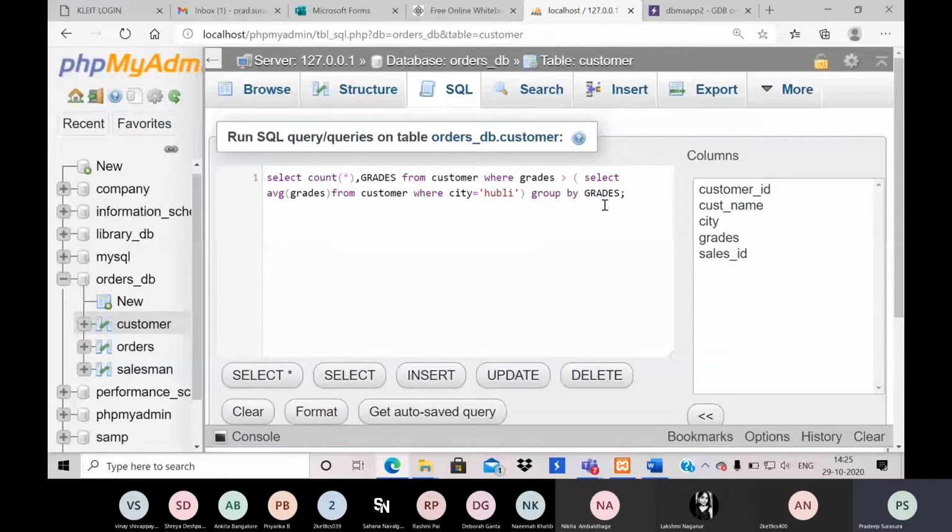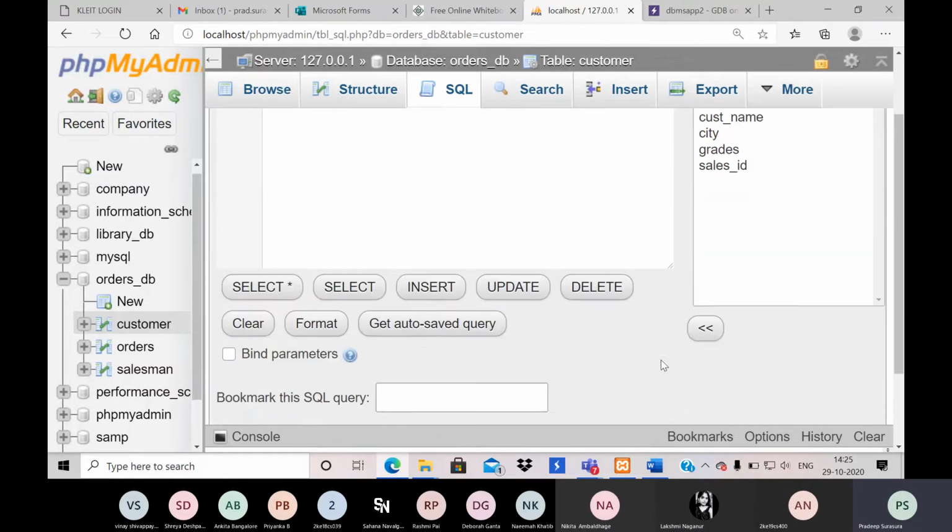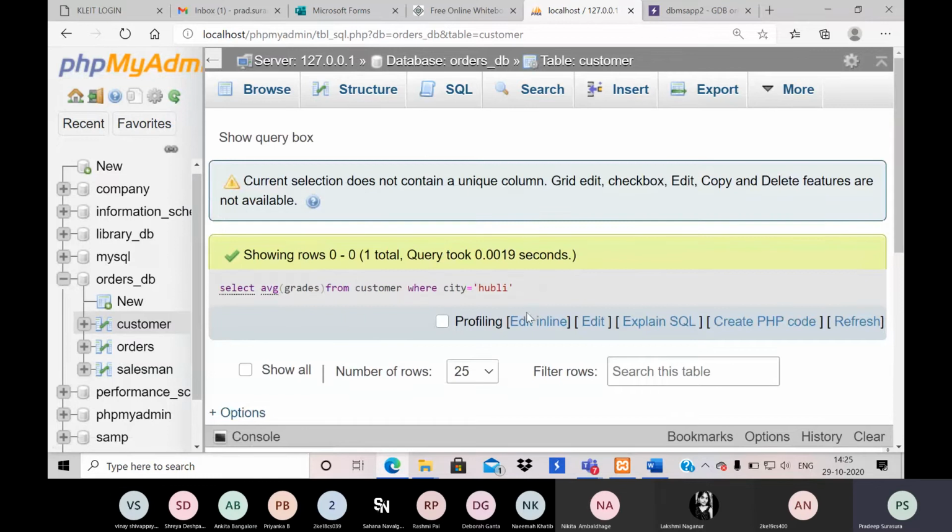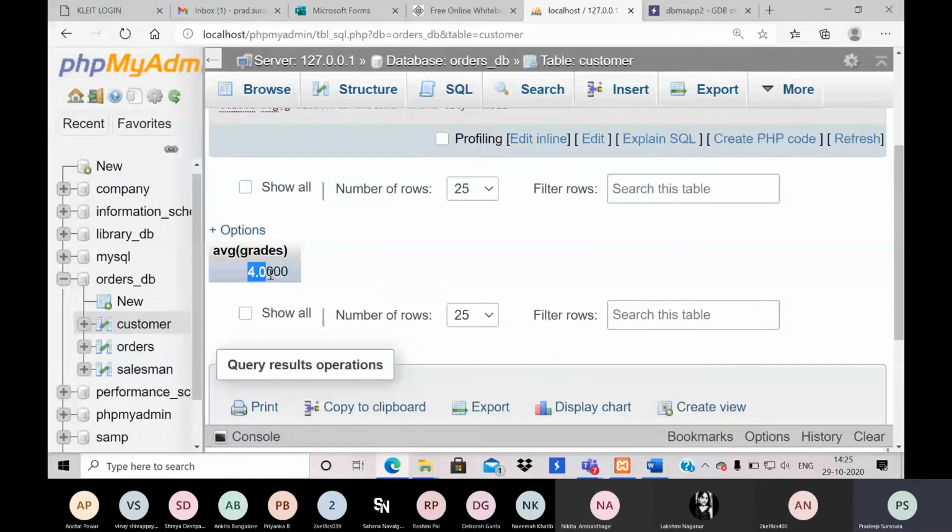This query works with respect to grades of customers of a particular city. Grade should be greater than this place. I don't know exactly what the grade of this particular place is, so first I will try to find out the average of this particular city. The average is 4.